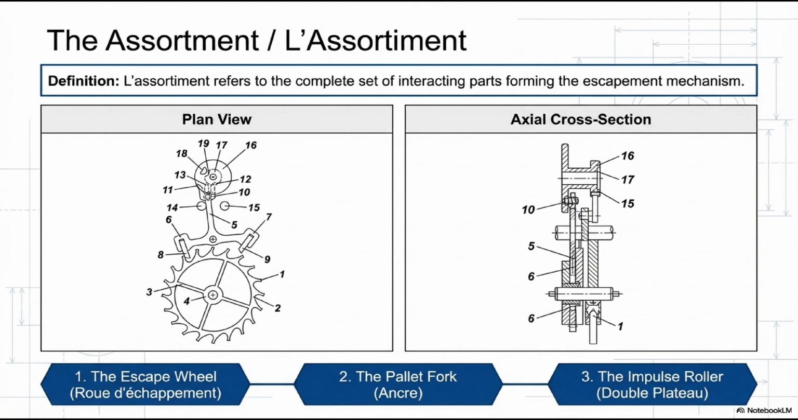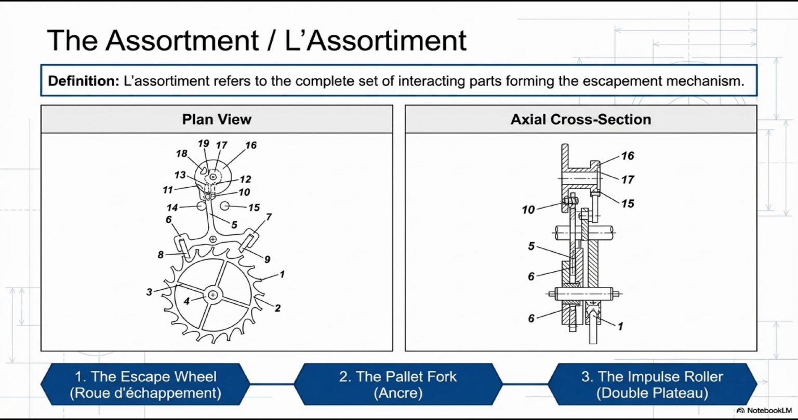On the pallet fork (ancre), 11 named elements: the fork body (baguette), the main structural member, the entry arm (bras d'entrée), carrying the entry stone, the exit arm (bras de sortie), carrying the exit stone, the entry pallet stone (palette or lévée d'entrée), the ruby that locks and releases on the entry side, the exit pallet stone (palette or lévée de sortie), on the exit side, the fork mouth (fourchette), the U-shaped slot engaging the impulse pin,